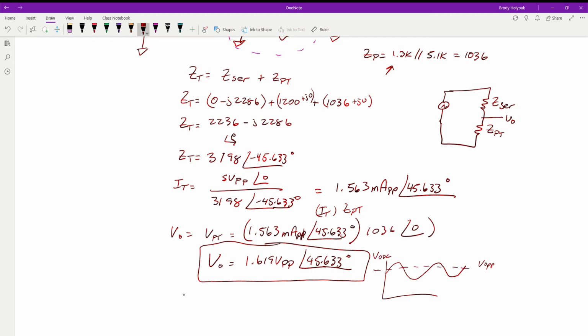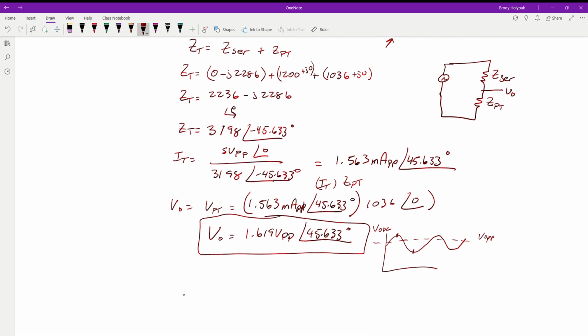So now we can calculate what this maximum value is and what this minimum value is. We want to take half of our peak to peak value, because remember, peak to peak goes from the top of the positive cycle to the bottom of the negative cycle, and we only want to look at how far up above the center line it goes. So with that, we can find our V out max by taking our VDC and adding half, or our peak value, in voltage. So voltage peak to peak divided by 2, this value is going to give us